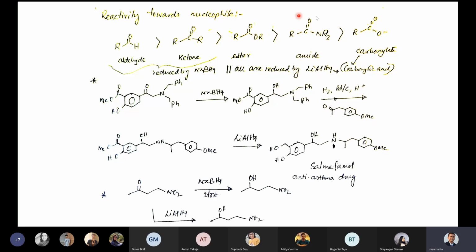What about amide? For amide also, definitely the reactivity order is this one. Aldehyde is more reactive than ketone, then ester, then amide. Why is ester more reactive than amide? Because the nitrogen lone pair can be given more easily. Oxygen is more electronegative than nitrogen, so nitrogen can give away its electrons very easily to make this C-N bond have a larger amount of double bond character. That means the electrophilicity of this carbon is even less compared to the ester, correct?